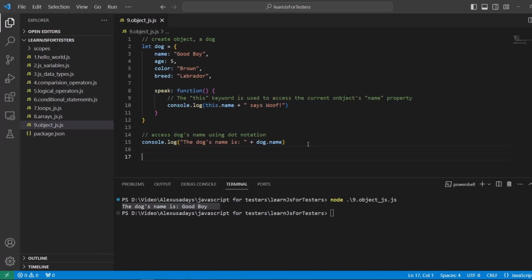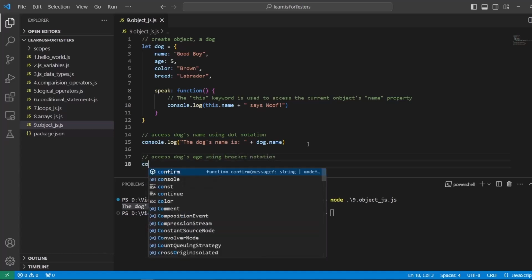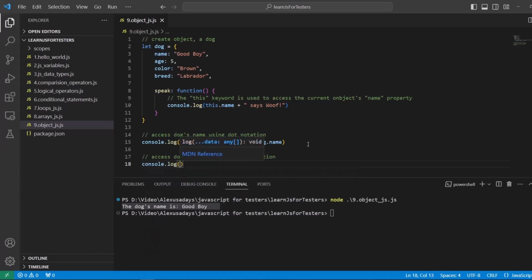All right, what else can we do? Let's access the property using bracket notation. So it's a different way how you can access a property. Let's use dog's age, right? Dog's age using bracket notation. All right, so we can do that. Let's say console.log